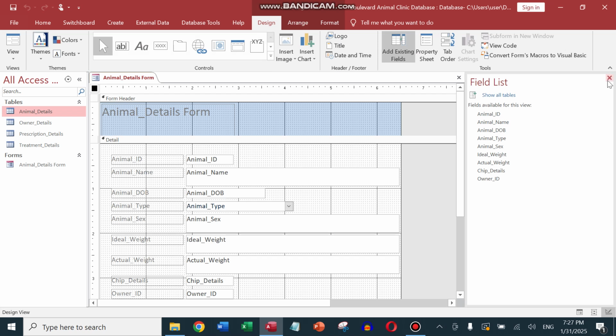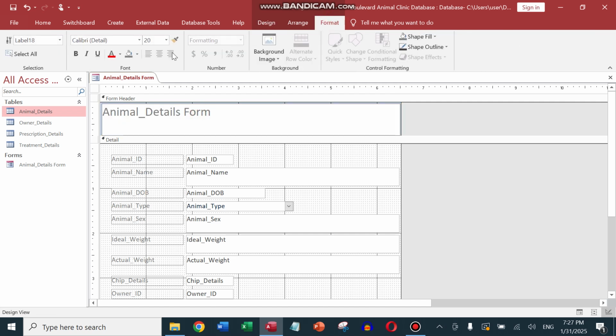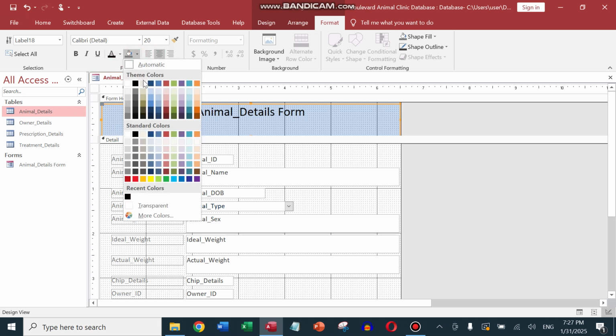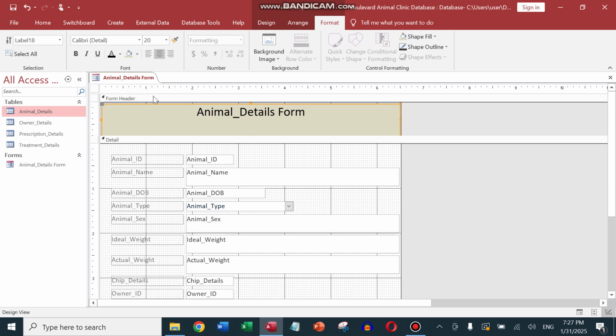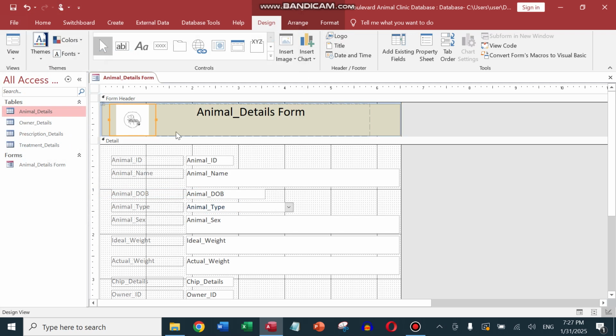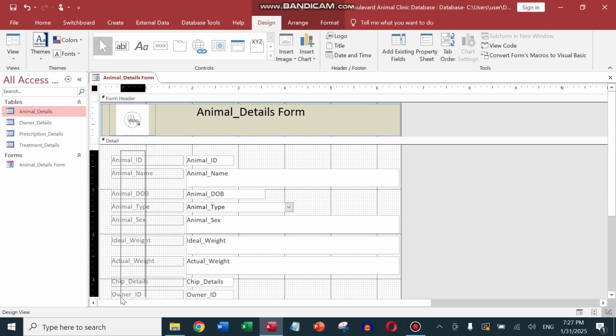Now the form will open in the design view, and you need to make some arrangements for that form. I can expand this title and make the title in the middle, change the text font, for example. I change the background if you want, and even you can add a logo from design logo, which I produced before. Make it bigger. Okay, and now I go to the body of the form and select all fields here,